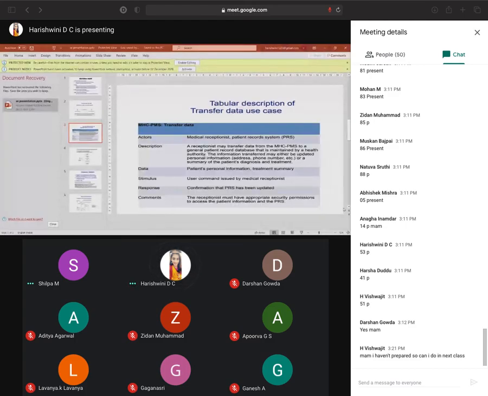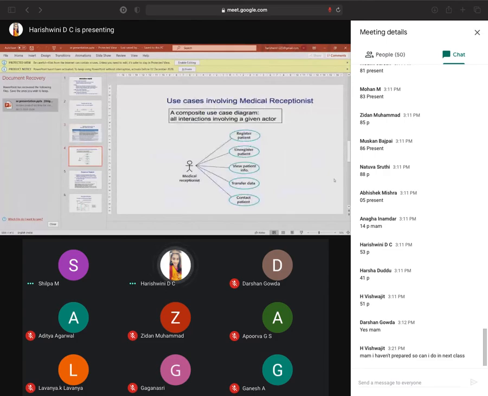You can combine multiple use cases to form composite use cases. This diagram illustrates a composite use case diagram. In this, one actor is doing all five different tasks: register patient, unregister patient, view patient information, transfer data, and contact patient.